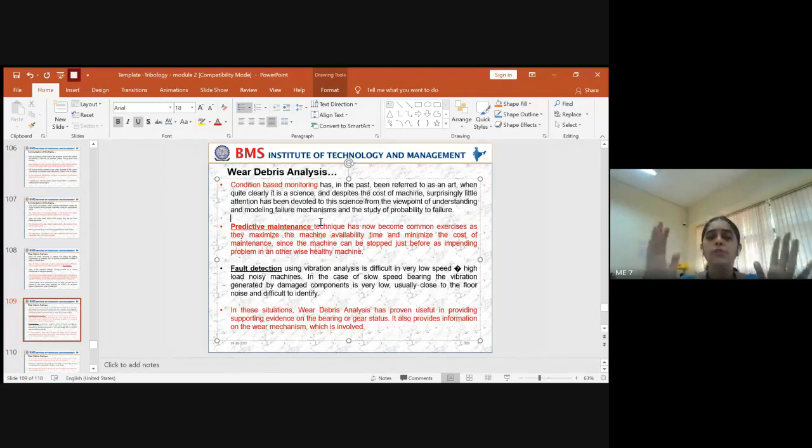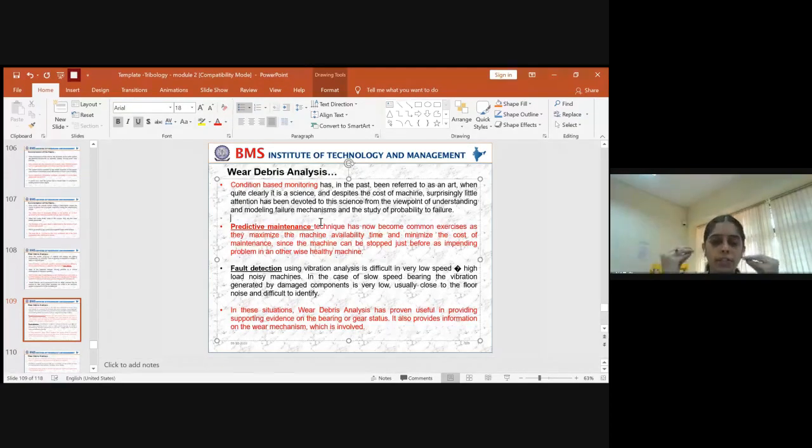If you are in any industry which is focusing on wear analysis or any tribological aspects, they will have various models for failure mechanisms, because this is not the beginning of wear. The study on wear and friction has been done for many past years. So now a model has already been generated for all types of failure mechanism. We have studied different types of wear mechanism: abrasive wear, adhesive wear, corrosion, and many more, around 10. For all types of wear mechanisms, a failure mechanism model has now been derived.